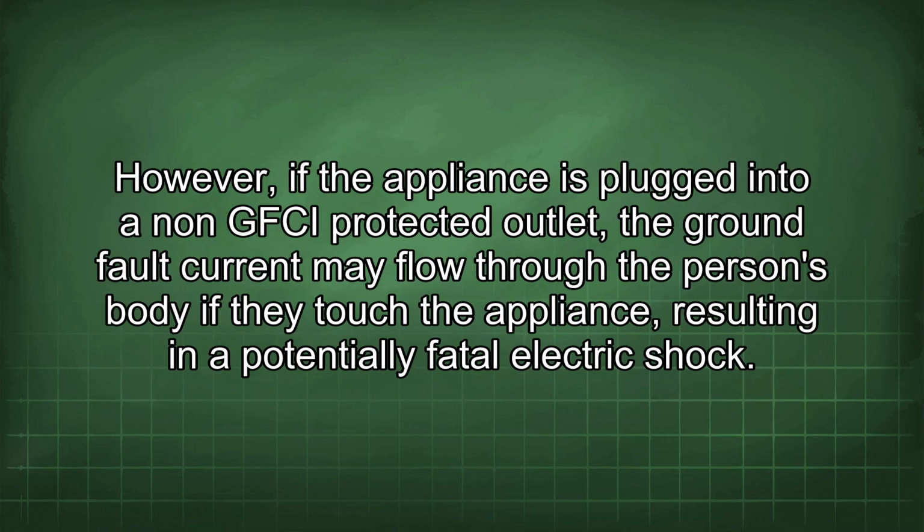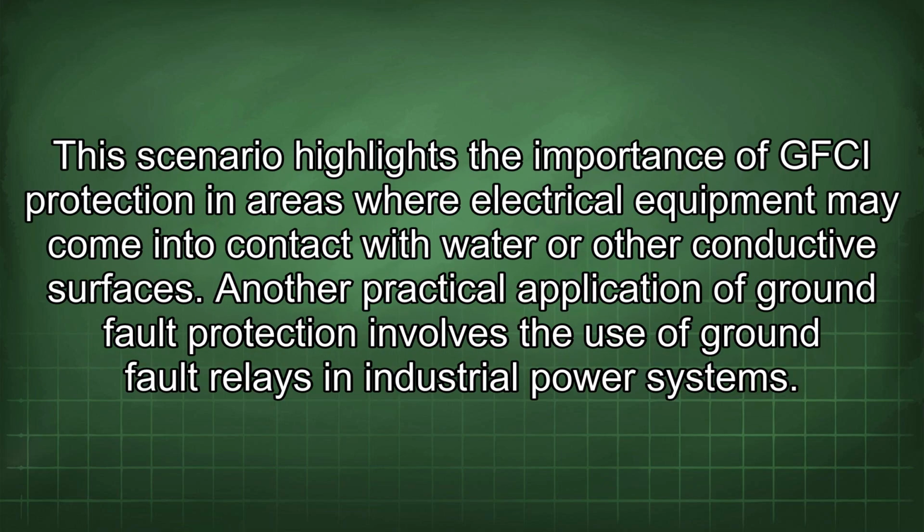However, if the appliance is plugged into a non-GFCI protected outlet, the ground fault current may flow through the person's body if they touch the appliance, resulting in a potentially fatal electric shock. This scenario highlights the importance of GFCI protection in areas where electrical equipment may come into contact with water or